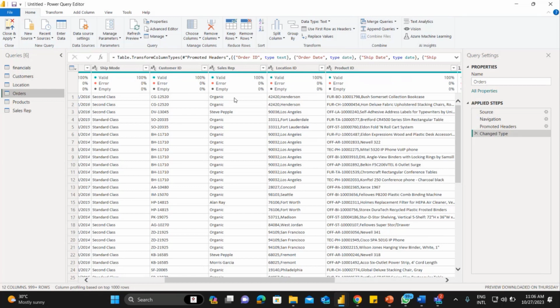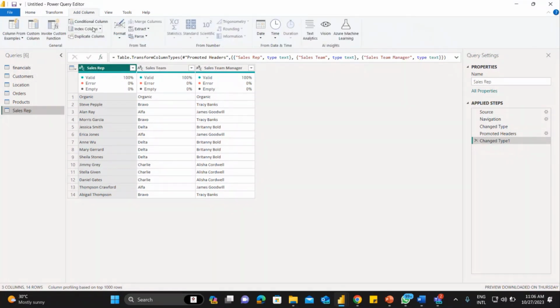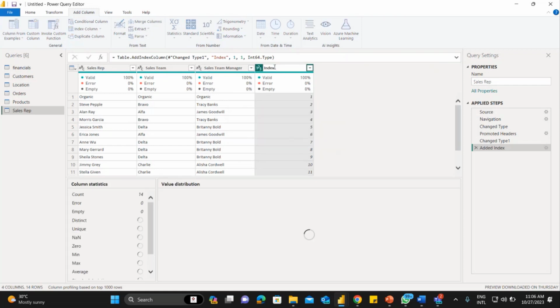So here we might leave it and connect it, but for this demo we are going to create what you call a surrogate key. A surrogate key is a sort of primary key that has no bearing on any of the data in the table where it is being used. To create a surrogate key, we typically go to Add Column, go to Index Column under General, and click the drop-down. I typically start mine from 1, which automatically creates an index for each row in that table. So we can go here and rename it